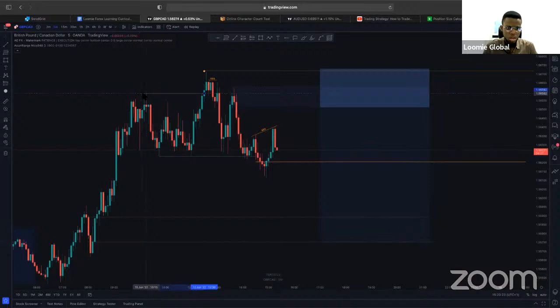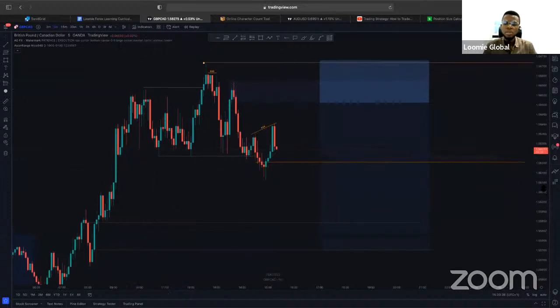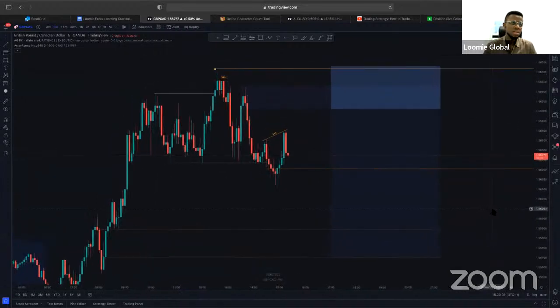Now, just a few things to prepare your mind, and this is part of our training, guys. There are a number of things that happen in the market a lot of the time, and one of the many things that can happen is this: you can set a trade like this. You have seen a beautiful trade. Okay, let me show, everybody's in. We have 1, 2, 3, 4, 5, 6, 7 people who are already in the trade. How many are we on call? Hey, we are way more than 7. Who else has not set this up?